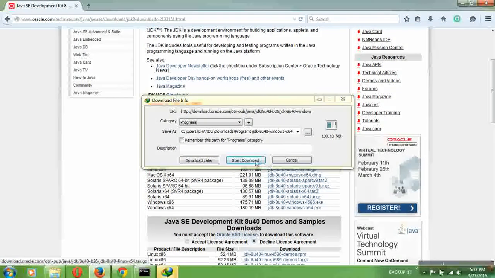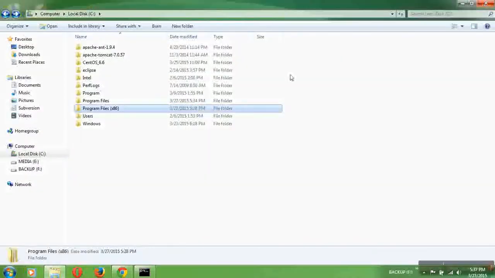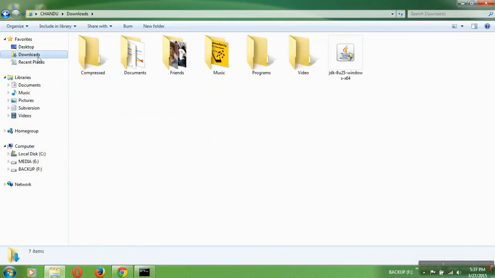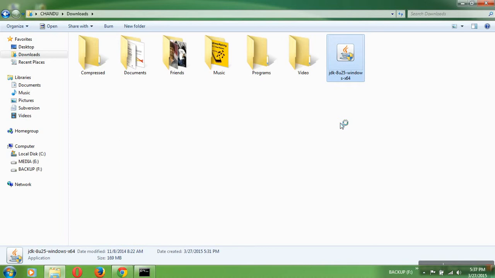Then it will start the download. I am going directly to the downloaded file. Here I got the Java JDK downloaded file. Here you can see x64, that means a 64-bit operating system.